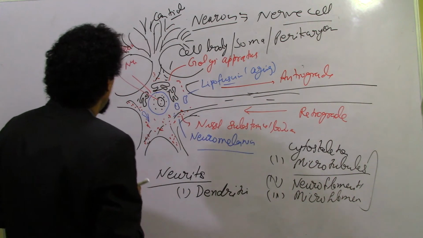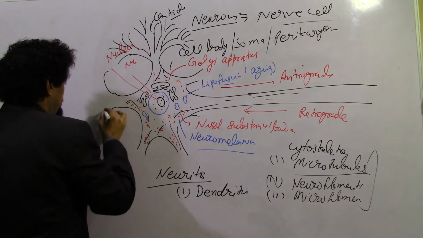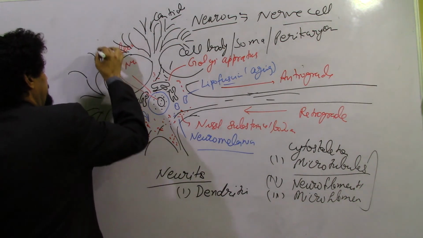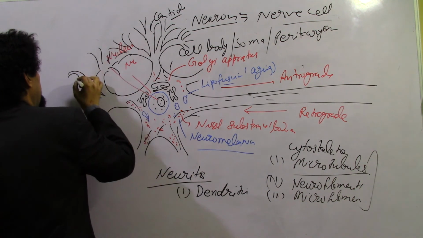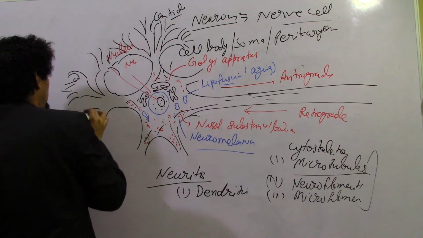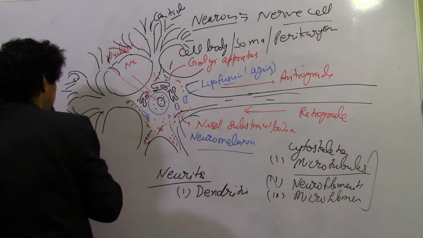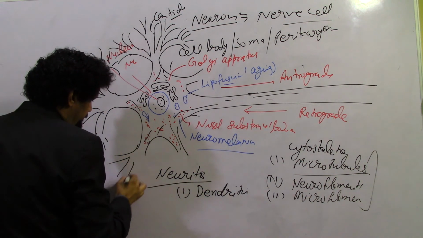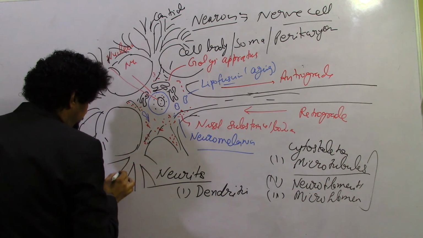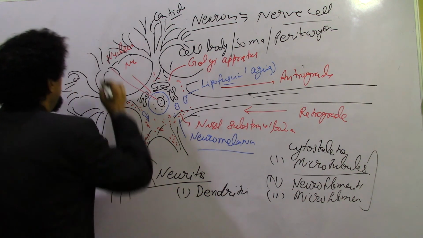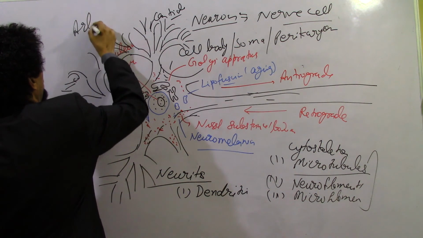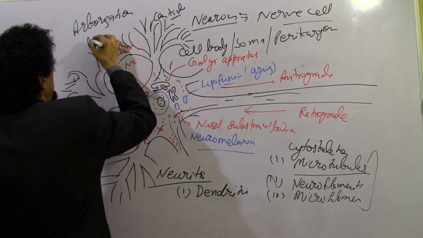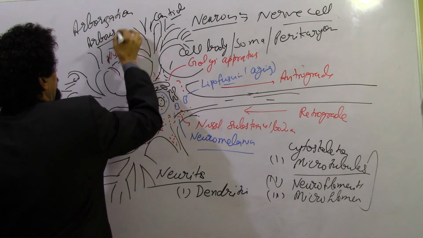So dendrites form the arborization or arbor appearance, dividing, again dividing, and the diameter decreases with the branching of the dendrite. This is known as arborization or arbor pattern. Arbor means tree,